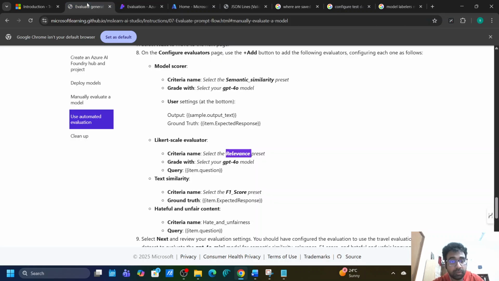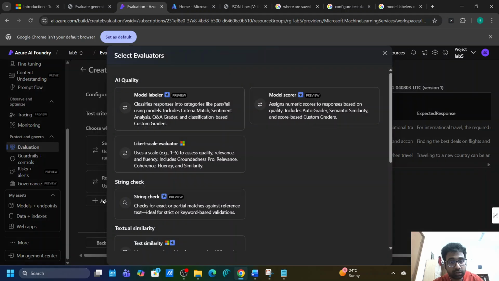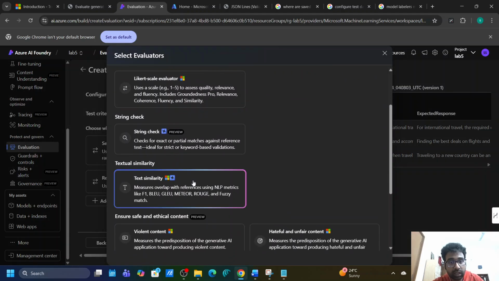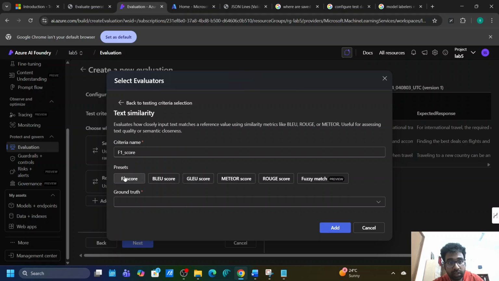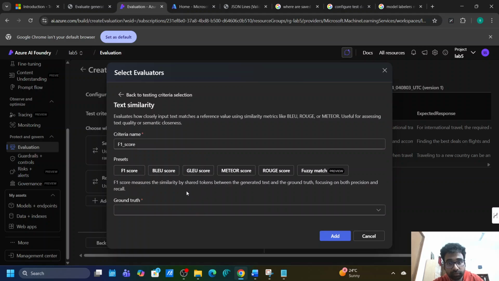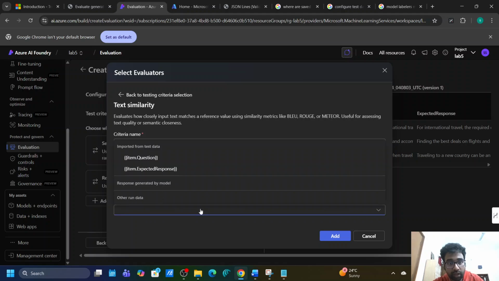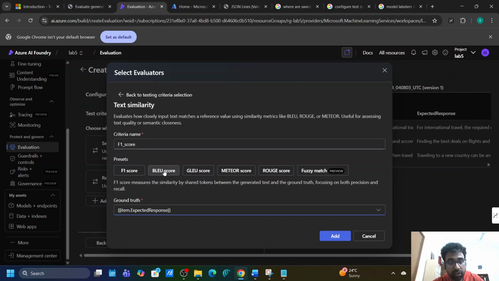The next is text similarity, where we select the F1 score. So let's go for text similarity, and here we will click on F1 score. Okay, so our criteria is selected as F1 score. It is asking for ground truth, and that is in our items dot expected response. It measures the similarity of shared tokens between generated text and ground truth, focusing on both precision and